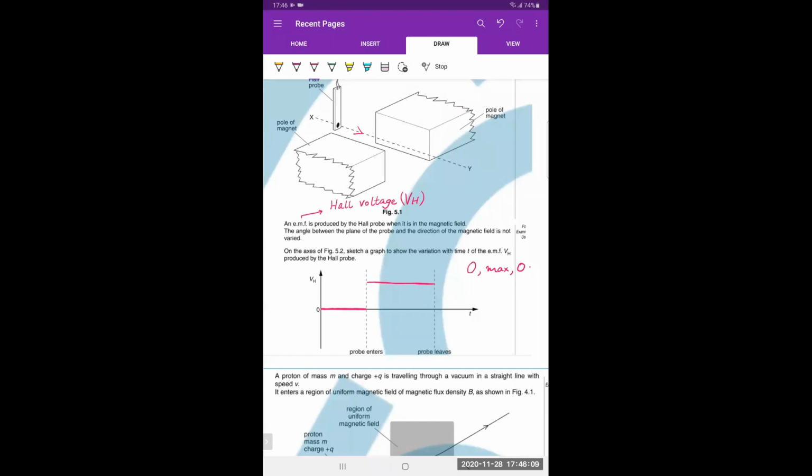और फिर पता नहीं क्यों straight line नहीं बन रही है और मैं irritate होता रहूंगा. This is about it. और फिर when it exits or leaves from the other side, so again zero. ज्वाइन करना हो तो वो आपकी चॉइस है. बीच के लाइंस को कनेक्ट कर देना, it's up to you. करना हो तो कर दीजिएगा, otherwise it is fine. ठीक है, so 0 in the beginning, 0 in the end, and a maximum constant value as it passes through the region of the magnetic field. Next वाला।